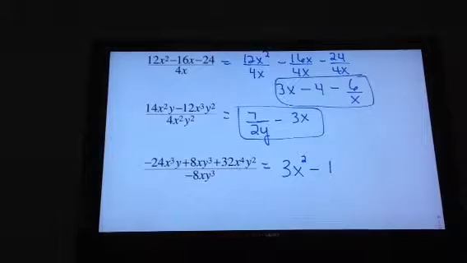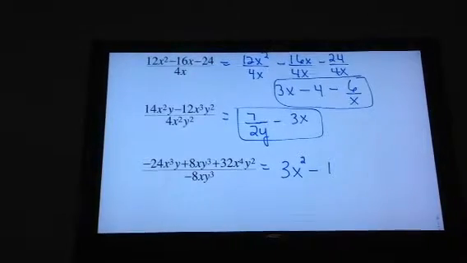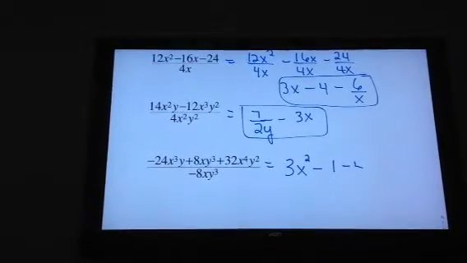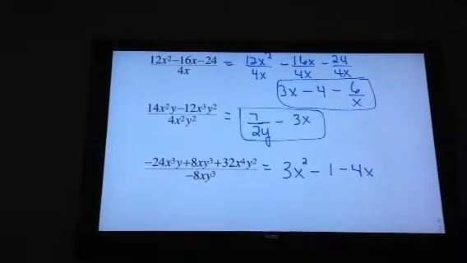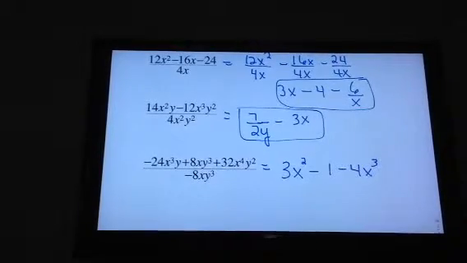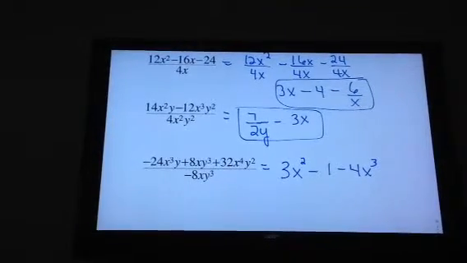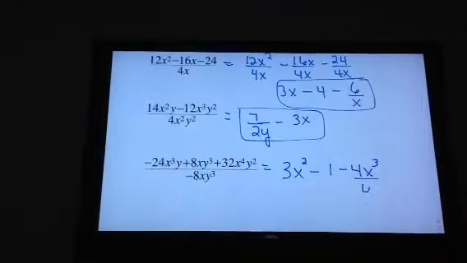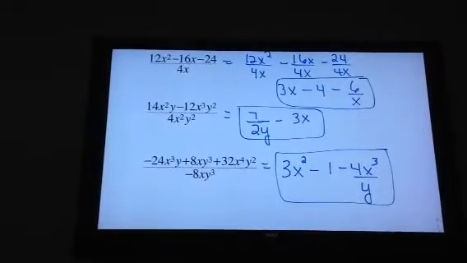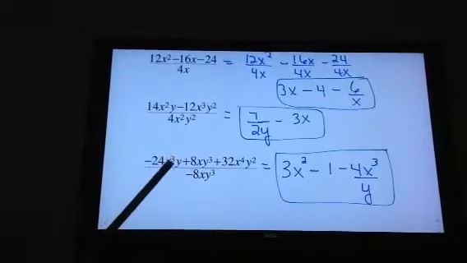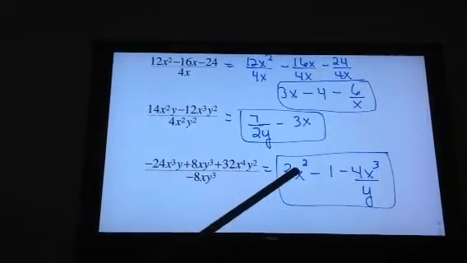And then on to the next one, positive 32 over negative 8 is negative 4. 4 minus 1 is 3. When you subtract, you get 3, sorry. And then on my y's, 3 minus 2 leaves me y to the 1 in the denominator for my answer. So again, remember, if there are 3 terms in the polynomial, there should be 3 terms in the